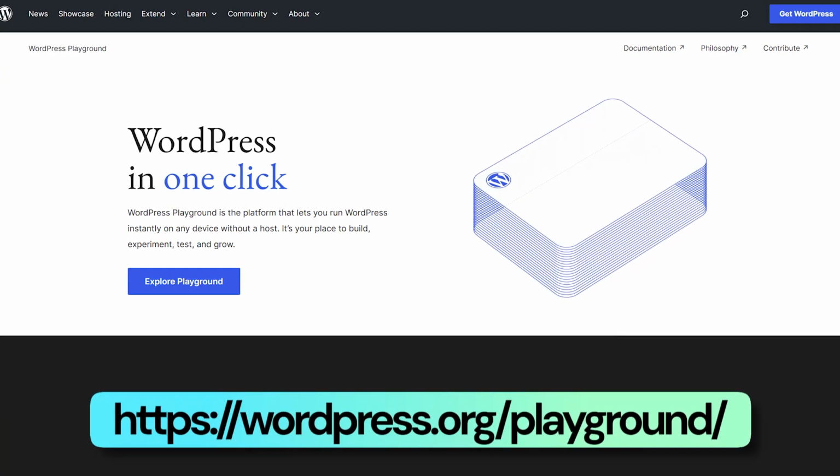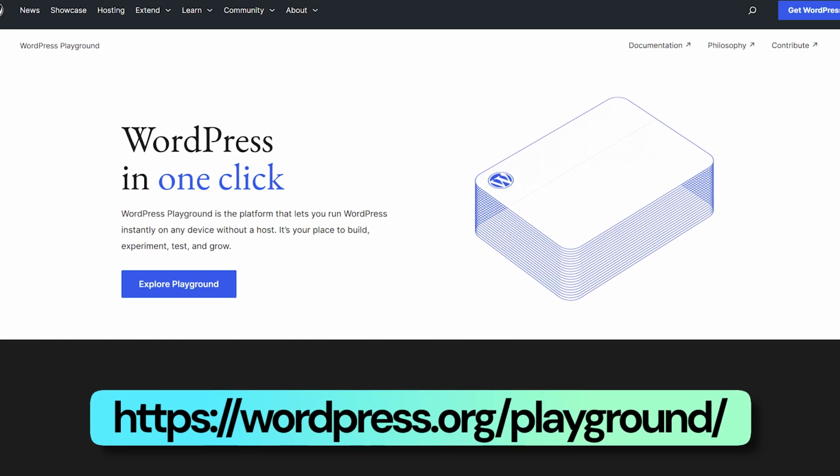Now, do remember that website being offline means that you will be able to see it on your computer, but most other people, or I say all other people around the world, will not be able to access your website even if they use the right domain name, because it works only on your computer. But the other way to use WordPress, if you want to get familiar with this, is WordPress Playground. WordPress Playground is an online playground for you to test out WordPress. So all you have to do is go to the website that I'll link here on the description and also on the screen, and you can just test around WordPress, do anything you like. Now, the benefit of that is that it's completely temporary, so you can do anything you like and just completely destroy the website if you don't like it.